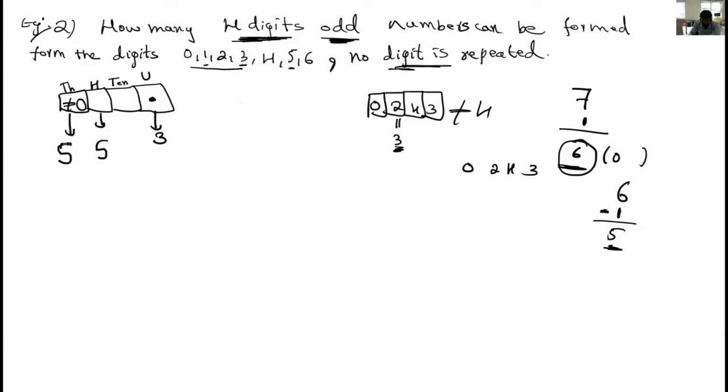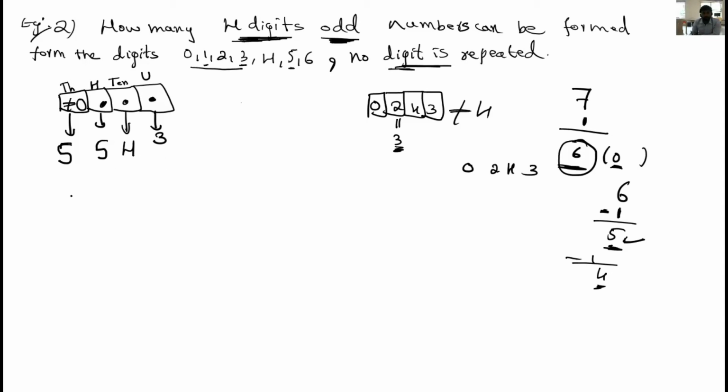Clear? Why here 5? Because instead of 0 any other number can be given, so here 6 possibilities are possible. But 6 numbers are remaining, and in those 6 numbers 0 is also included. This 0 is not possible for the thousands place. If you take 0 in the thousands place, then that number will become a 3 digit number, but our question is a 4 digit number. Then for the 10s place, 5 numbers are there. Here in the hundreds place, one number is used, 5 minus 1 is equal to 4. So the 10s place can be filled in 4 ways.